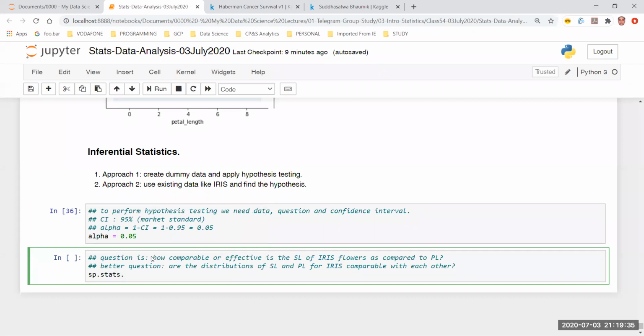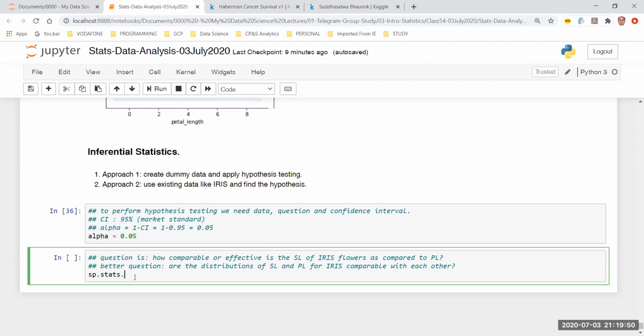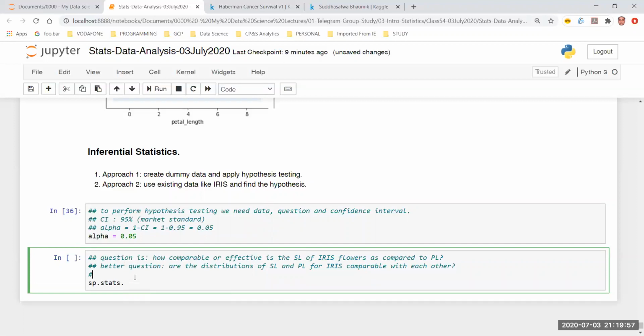Then we are also going to do some tests which are going to tell us the value relevant to p. So what is the p value? We have to find out what is the p value, right? If that p value is less than alpha, then the probability of the null hypothesis is very less, and hence the alternate hypothesis is going to be correct. So in this case, final question we can say, sepal null hypothesis is equal to,